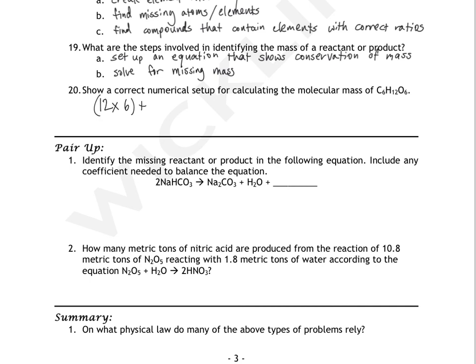And I'm going to add that to the mass of hydrogen, which is 1, but there are 12 of them, and add that to the mass of oxygen, which is 16, but there are 6 of them. 12 by 6 is 72, 1 by 12 is 12, and 16 by 6 is 96. So when you total this all up,